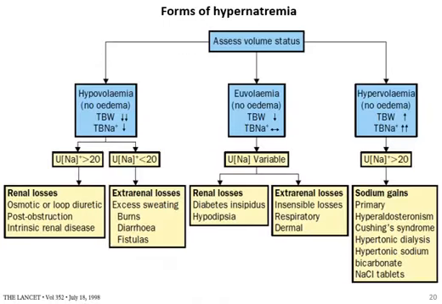The next chapter is hypernatremia. Hypernatremia states, in a similar manner to hyponatremia, can be further subclassified. In all of them, you can see that edema cannot be detected, and the volume state can also be hypovolemic, euvolemic, or hypervolemic. In hypovolemic states, you can find the same thing: extrarenal loss, renal loss, in the same manner, but in those instances,